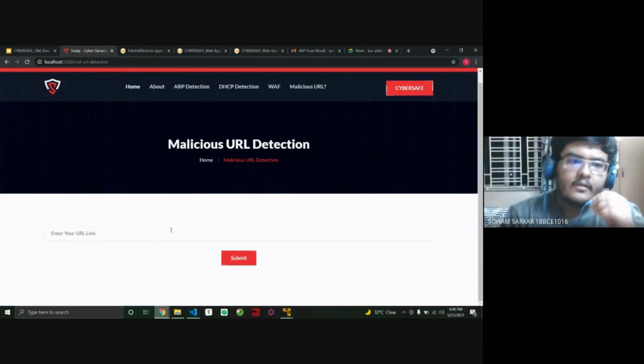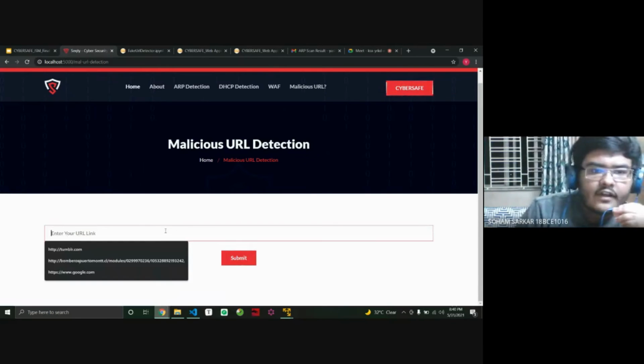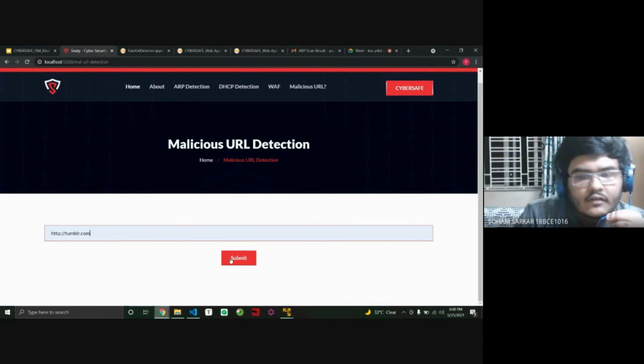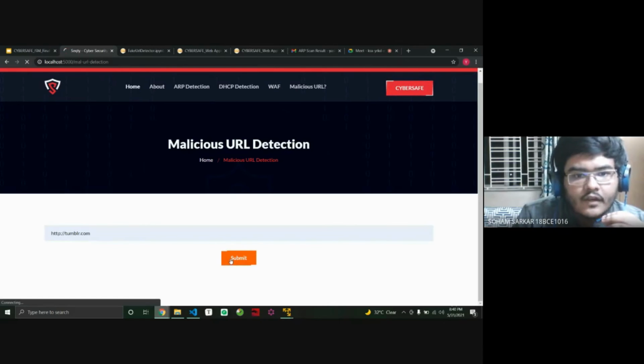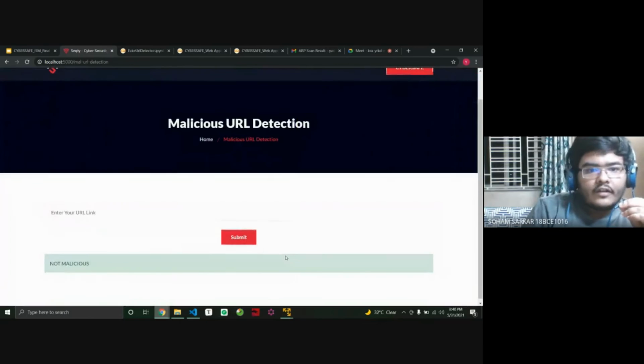So basically the malicious URL detection part works on string comparisons. First, let's enter a non-malicious URL like Tumblr. This model utilizes a long short-term memory recurrent neural network, or LSTM, and because it works only on the basis of string comparisons, that's why we need a neural network here.